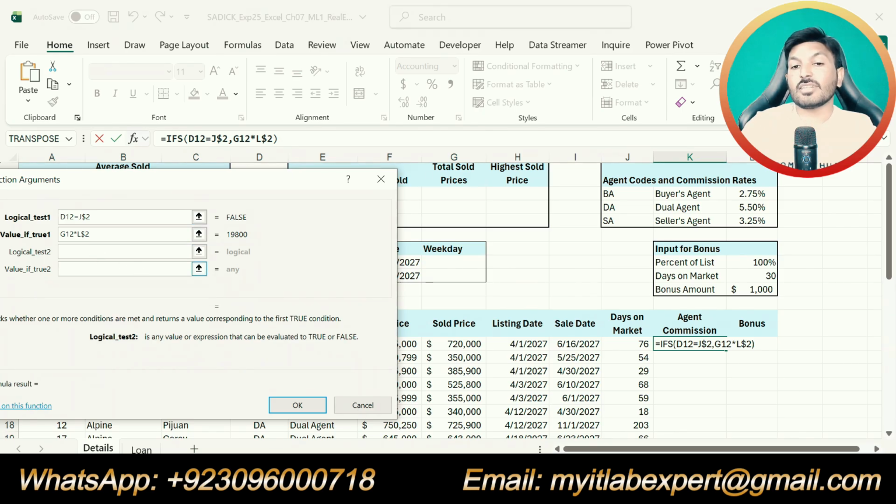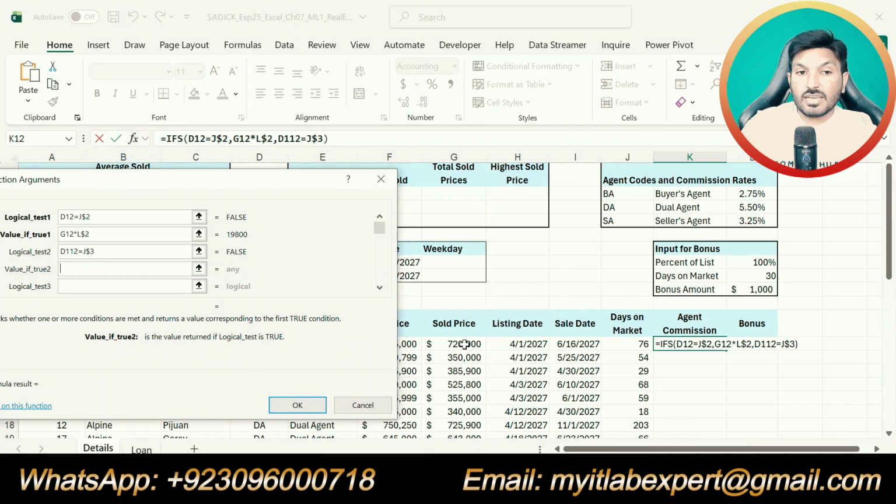Now our logical test 2 is if D12 is equal to J3. If this is equal to cell J3, then our agent commission will be again the sold price, that is G12, multiplied by L3.